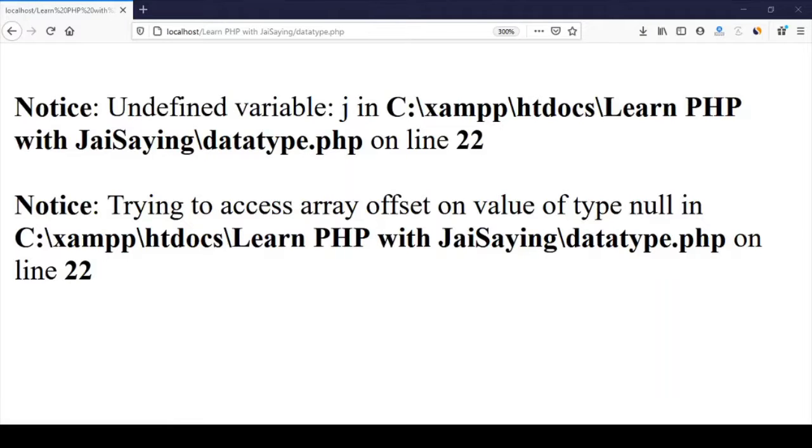Okay, one second. I'll tell you why we are getting this error.